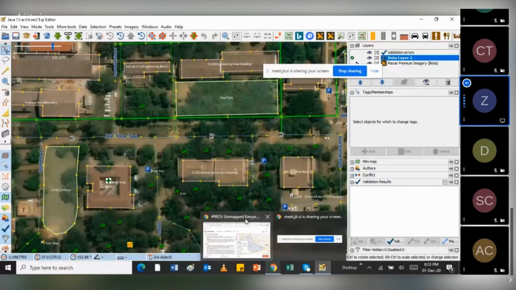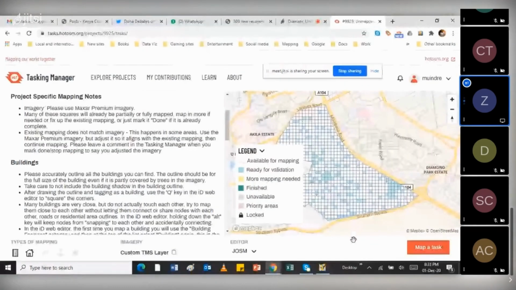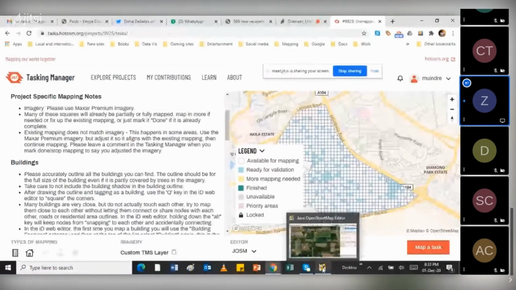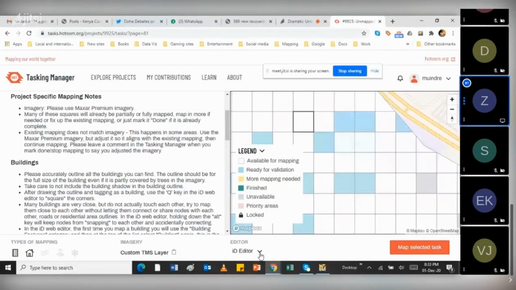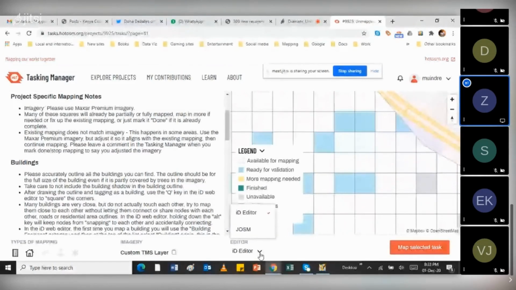So if I select a task here and say I want to map it, it will automatically download the data directly from the tasking manager to JOSM. Then I can make my edits there and then upload. Once I've changed this, you see the imagery has also been set, so I'll click on JOSM to change it so that I can use JOSM.